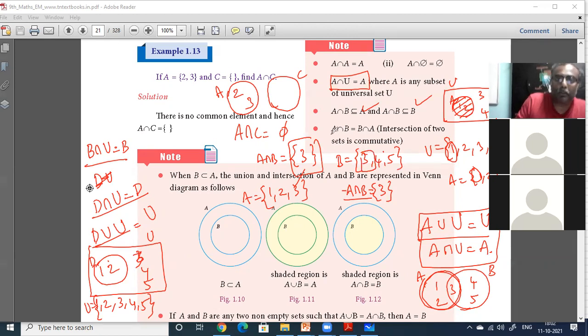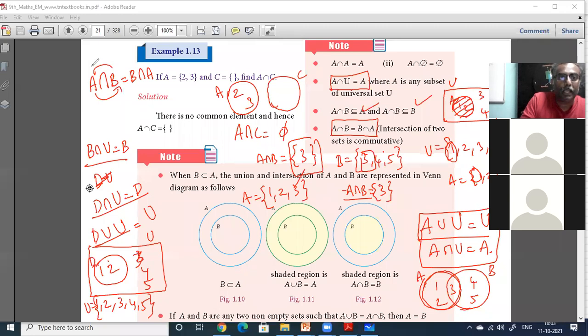The other important one is A intersection B is equal to B intersection A. If you approach it either way, this is called the commutative property. What is the commutative property? There is a set, an operator, and another set; let us say the operator is intersection here. If you exchange these places and it is still true, then they are commutative. So intersection obeys the commutative law. A intersection B is equal to B intersection A.